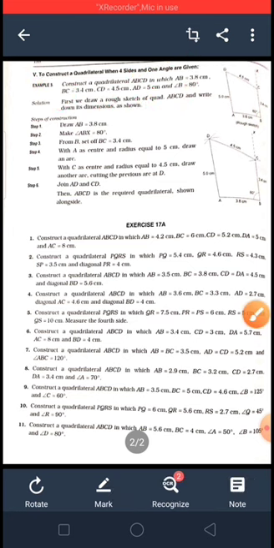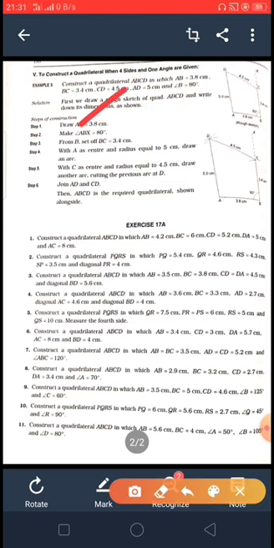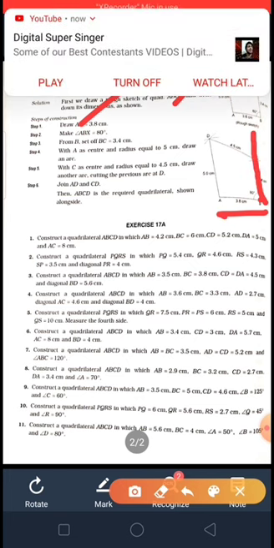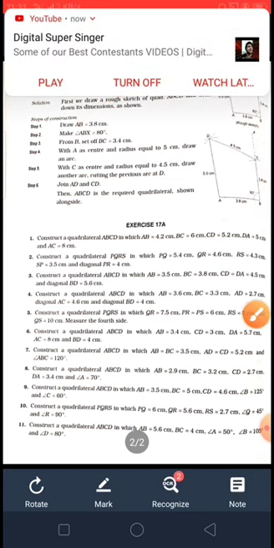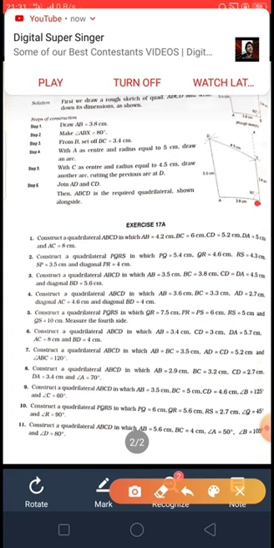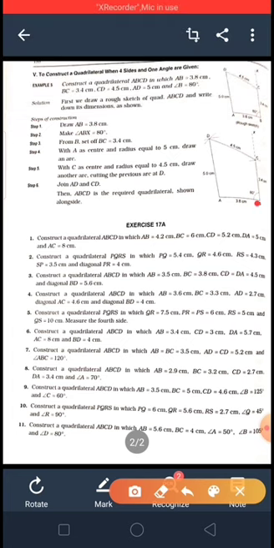and angle B is 80 degrees given. Clear? Now draw AB 3.8 centimeter. Angle ABX is 80 degree, that is on vertex B make an angle of 80 degree. Get the ray, that is BX. Clear? Now take the center B, radius taken equal to 3.4 centimeter, and draw an arc which cuts BX at C.